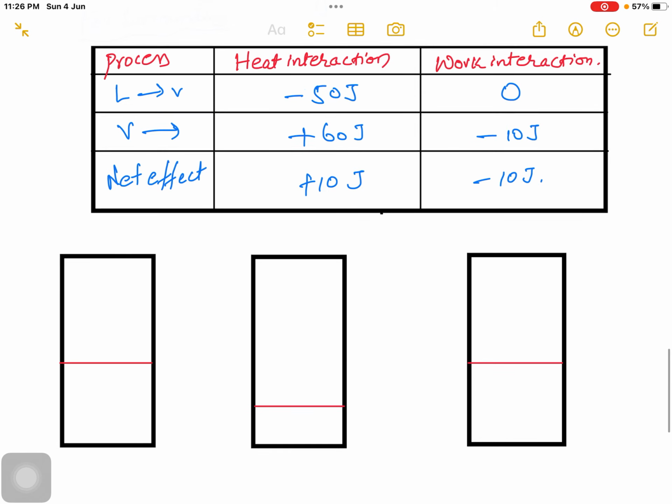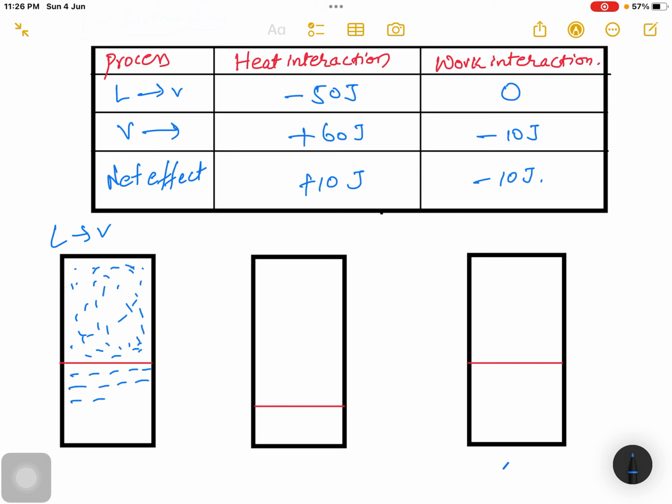I have to convert this vapor into liquid, and to convert this vapor into liquid I have to connect a device called refrigerator, which is consuming 3 joules of work interaction, and this is 50 joules of energy, total 53 joules of energy. Now what is happening in the surrounding is